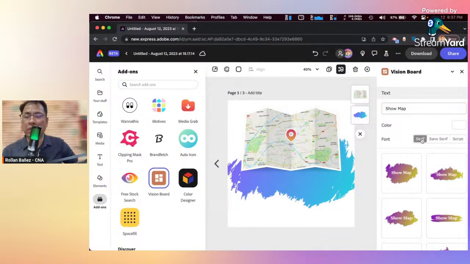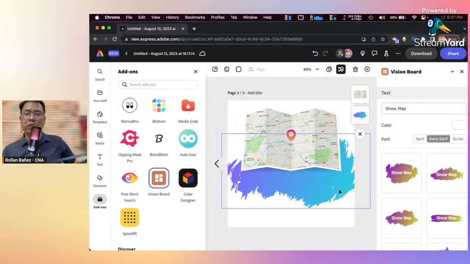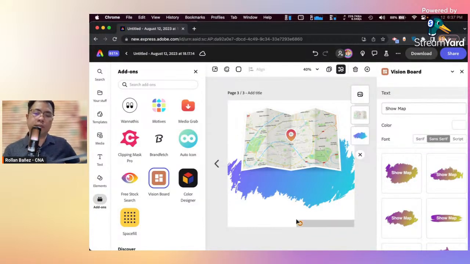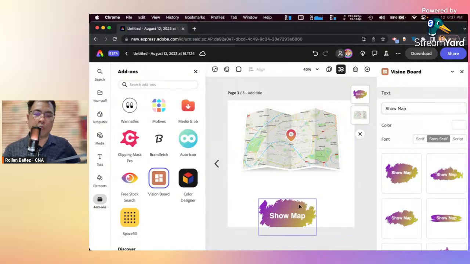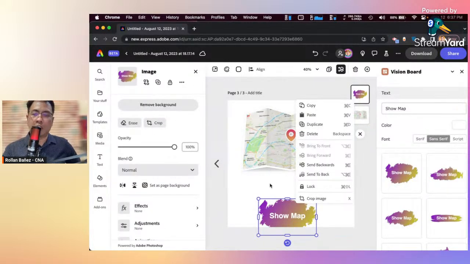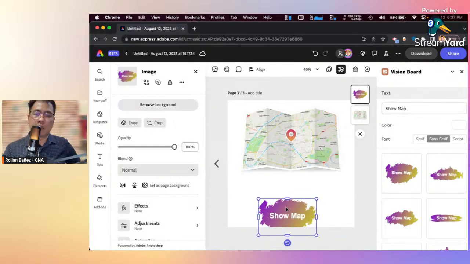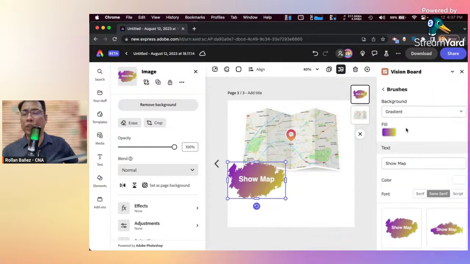Let's go on serif, sans serif, or script. I think this one is papyrus. Okay, let's do sans serif, and as you would see, I can just drag and drop it here, create something like this on the fly. That's the brushes inside of vision board.